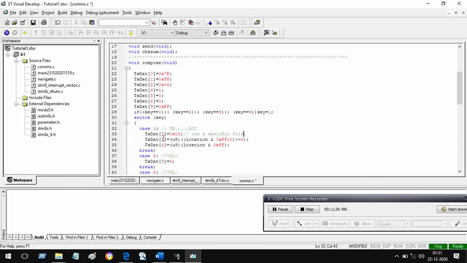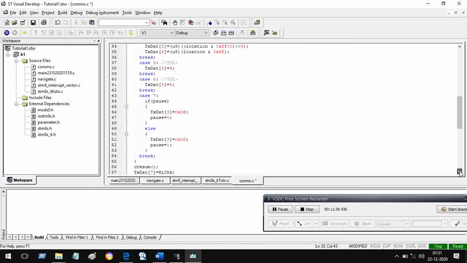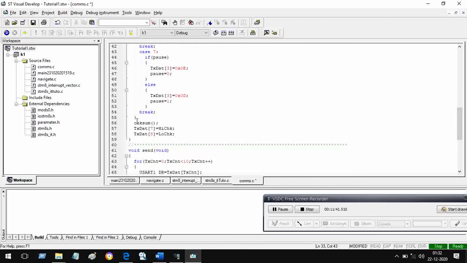The one part which I have not filled up here is the 7 and 8, tx.7 and tx.8, which can only be done when I calculate the checksum. After calculating checksum, I take the high checksum value and low checksum value, and that's it. So checksum supplies to me high check and low check.